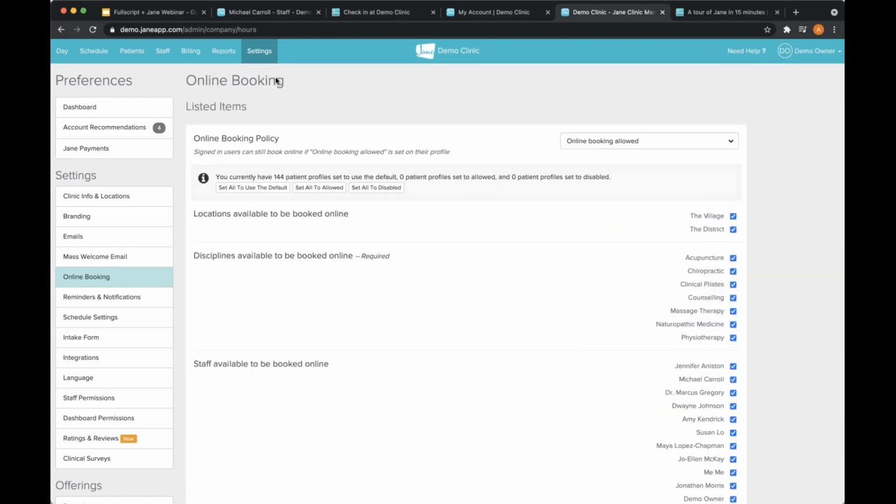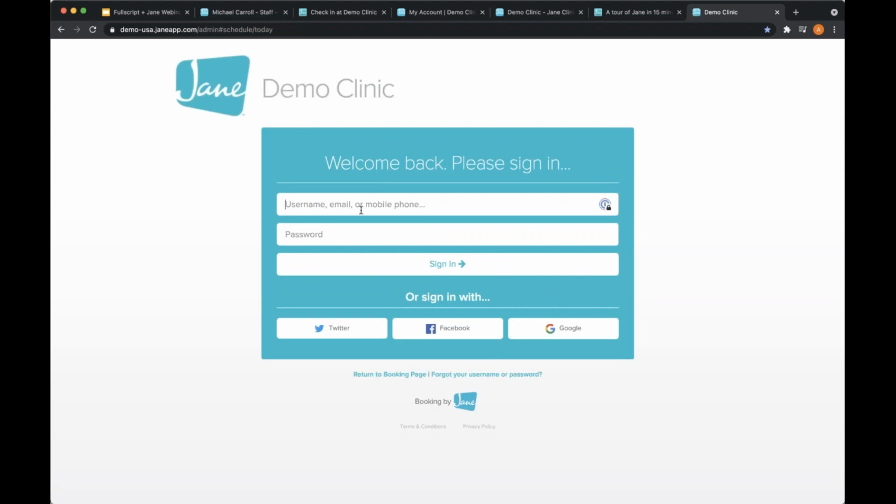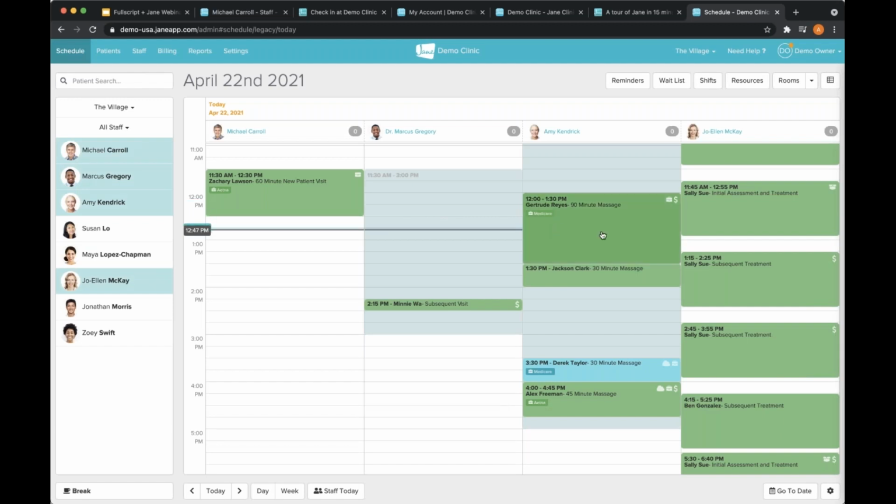Another one actually centers around superbills. So does Jane produce superbills that have diagnostic codes and visit codes that patients can use for reimbursement? Yeah, excellent question. I do have to switch to our US demo site for this, but give me two seconds and I can definitely show that. We definitely have superbills as well as any billing codes. It'll be an itemized list of all of those. So let me just sign in here. I can show you that directly.